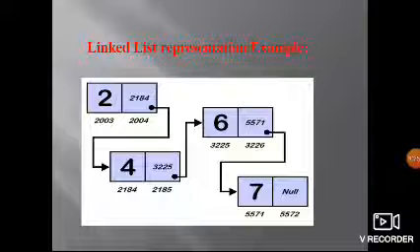Here we are not storing contiguously; this is dynamic memory allocation. Why is it a dynamic data structure? Because the memory is allocated at runtime. That's why we call it a dynamic data structure: the allocation of memory to the data structure happens at runtime.